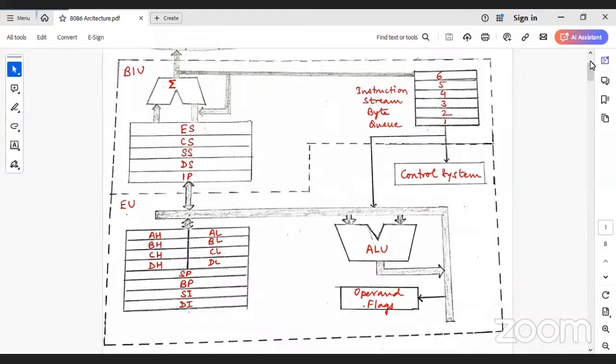So in this case, the total memory will be 2 to the power of 20, which will be 1 megabyte. Whereas in the case of your 8085, it was 16 address lines. So the memory was 2 to the power of 16, which was 64 kilobytes of memory. So now you see that the memory size is also increased in 8086, as well as the execution speed is